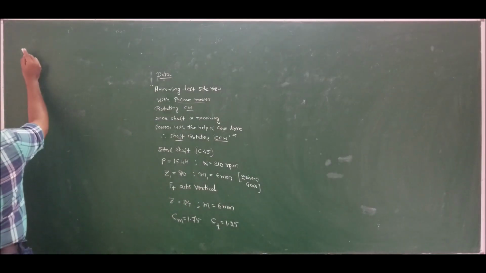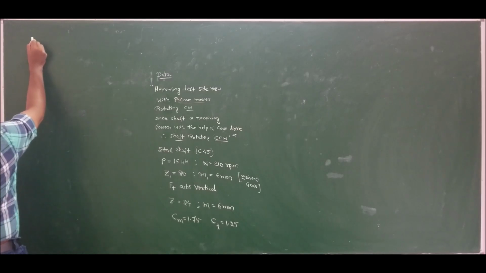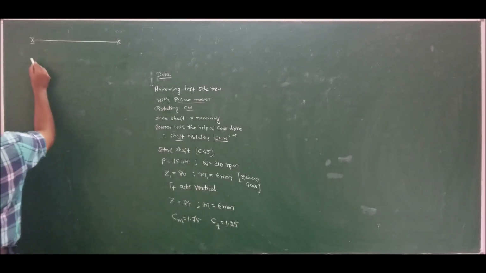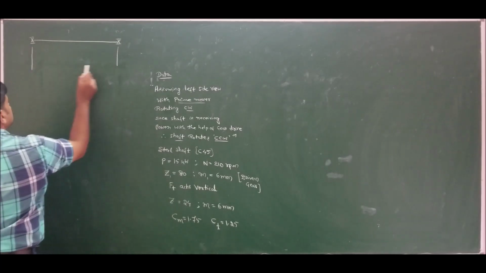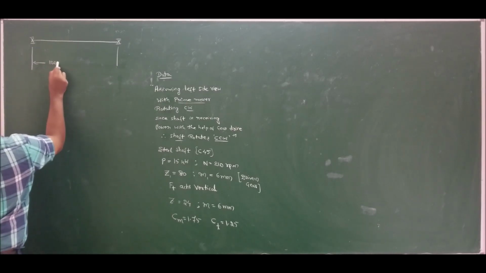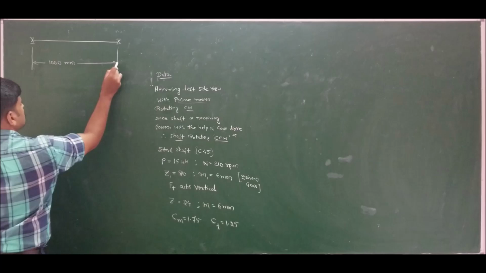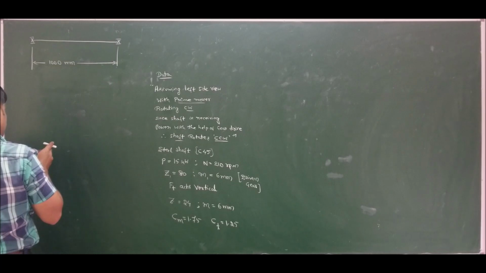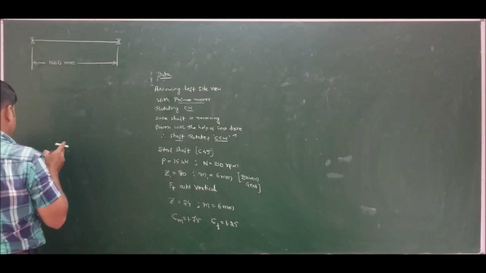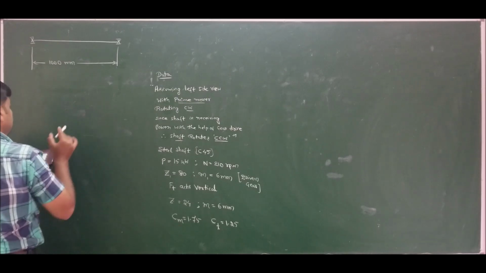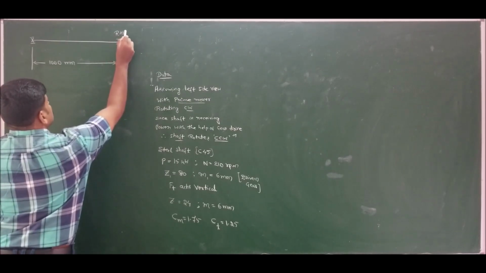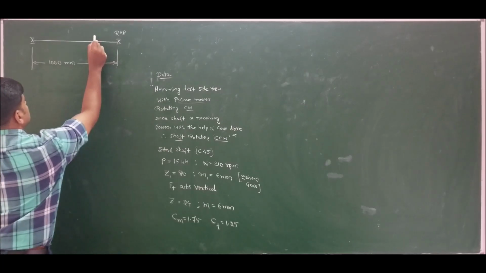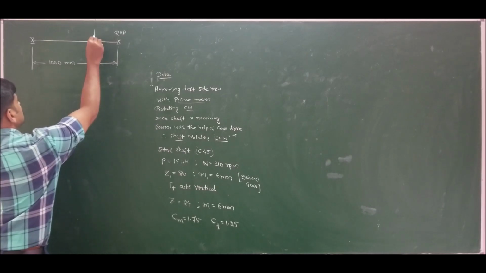Now if I draw the space diagram, we have a bearing on which we have two gears. The distance between the bearings is 1000 millimeters, as given. On this shaft two spur gears are mounted. The gear having 80 teeth of module 6 mm is located 100 mm to the left of the right bearing. So this is the right hand bearing, and 100 mm to the left, the distance of 100 mm, we have this one.